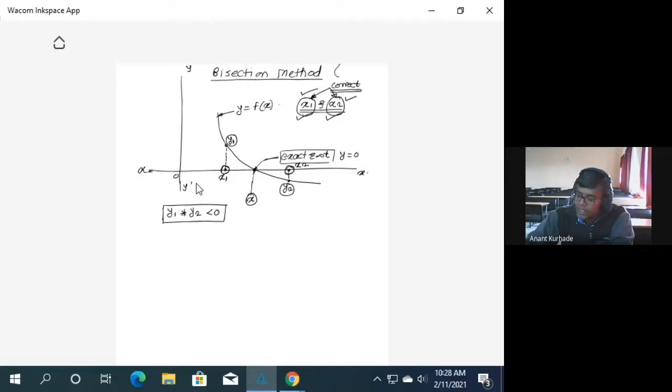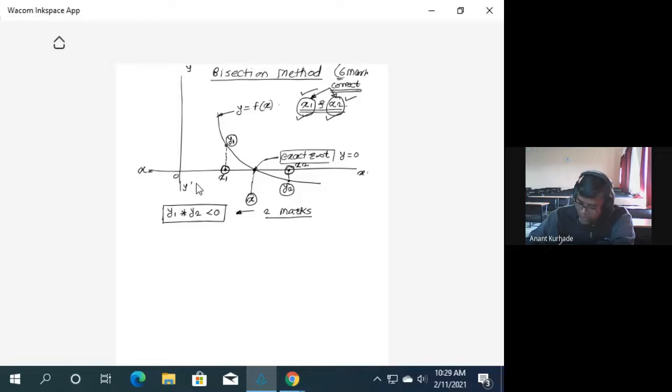See, you can get this problem for 6 marks, with 2 marks to check its convergence condition. So it is very simple for the bisection method. Already we have x1, x2 in the problem statement. Immediately find y1, y2. Again, check its multiplication. If it is less than 0, 100% you can get this product less than 0 because it is given in the problem statement, but you have to show it there.